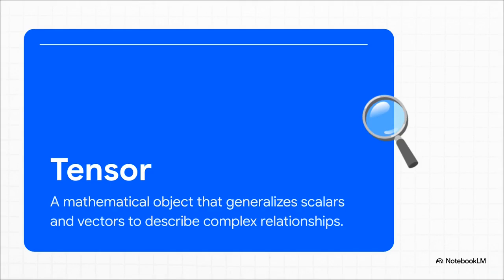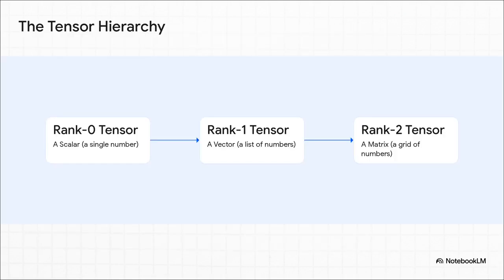At its heart, a tensor is just a way to organize a ton of information about a system where things are happening in many directions at once. It's a generalization of the ideas we've already covered. In fact, you already know the first two types of tensors. A scalar is actually a rank 0 tensor, just a single point of data. And a vector? That's a rank 1 tensor, a simple list of numbers. A rank 2 tensor, which you've probably seen before as a matrix or a group